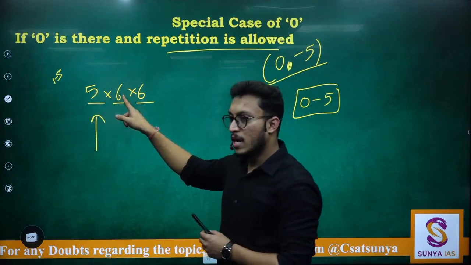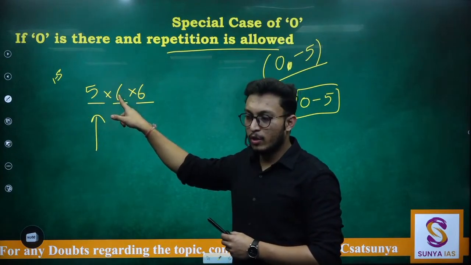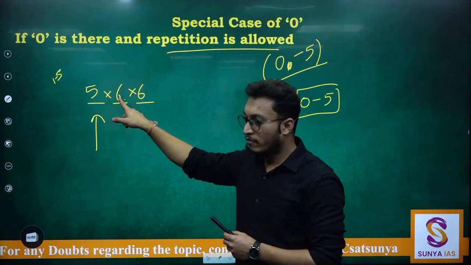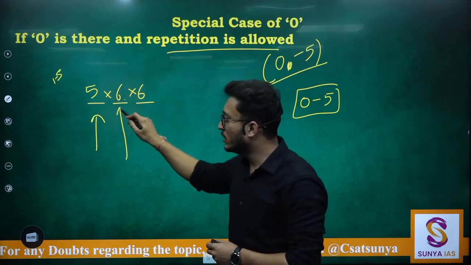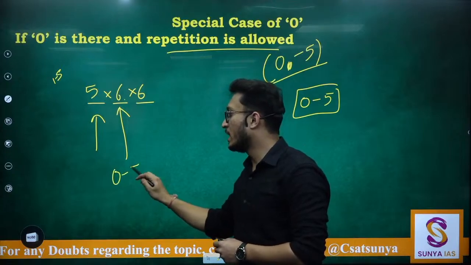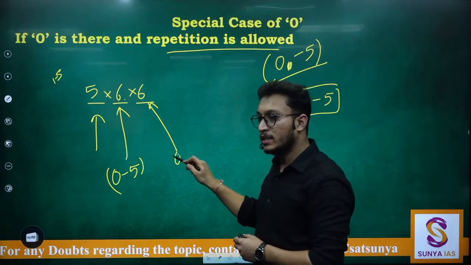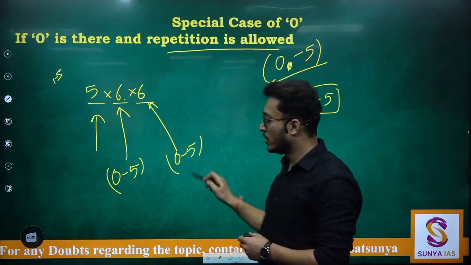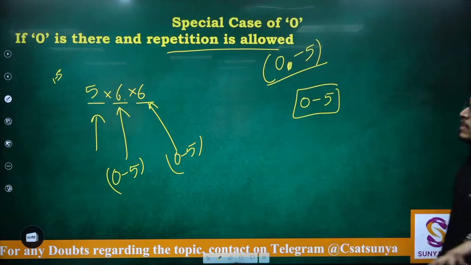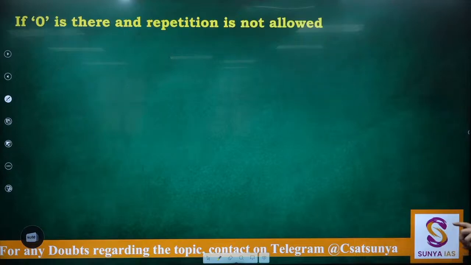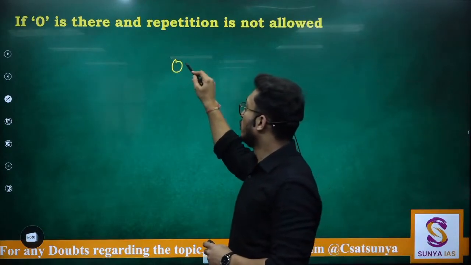For this I have a 0 also available. Now I can fill 0 here as well. So here I have any digit from 0 to 5. For this place again any digit from 0 to 5. Same way if repetition is not allowed, same case, 0 to 5,